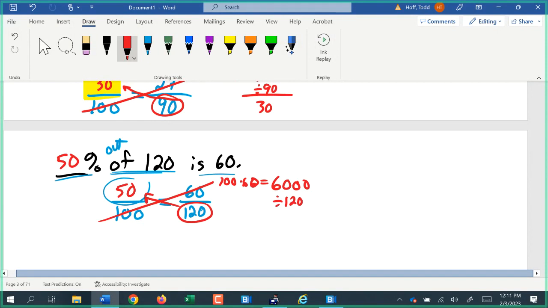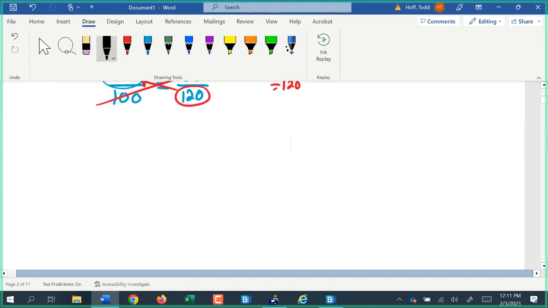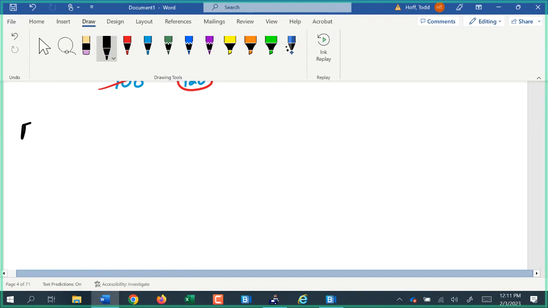I like the proportion method for a lot of reasons. One is you just got to match up the numbers. From the percent, you match up the numbers, and then it's just cross multiply and divide, just adjusting to where the position of the numbers are in the proportion. It's also nice because when we hit word problems, that matching up helps us make sure we're doing the calculation correctly. For example,